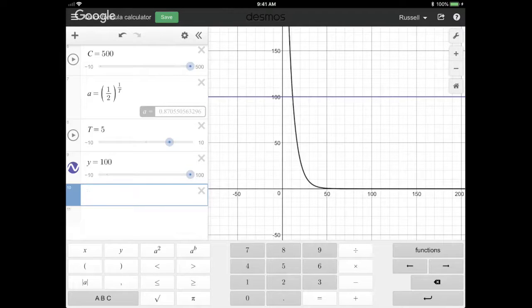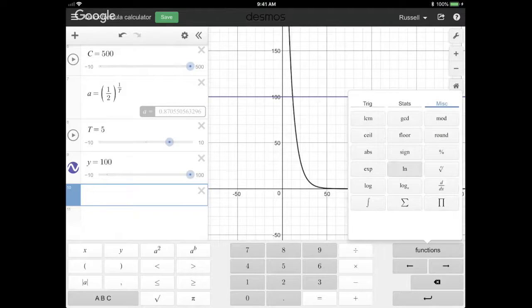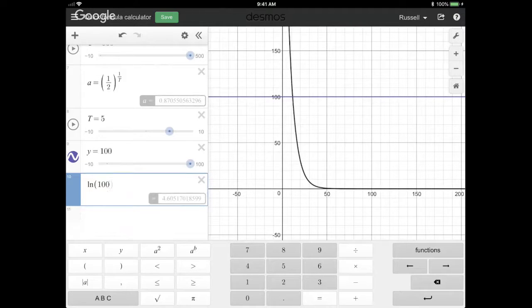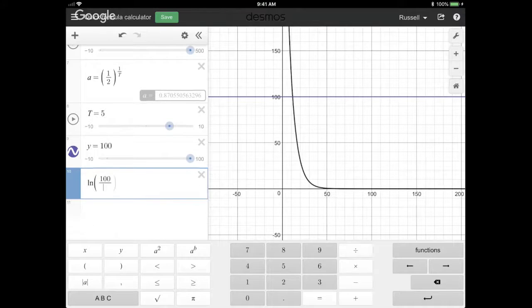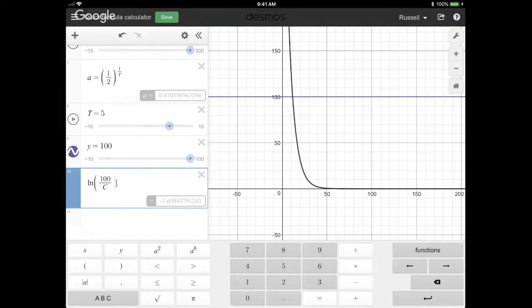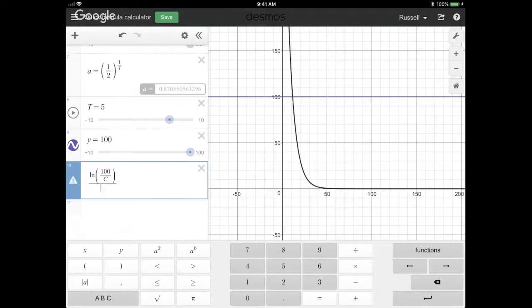The formula for a certain t is always going to be, or you can always write it as, natural log of the target value, the target y, divided by our initial value, which is cap C. Cap C is 100, right? Ooh, that's a negative number. Is that a problem? No, not yet, because we're still dividing by the natural log